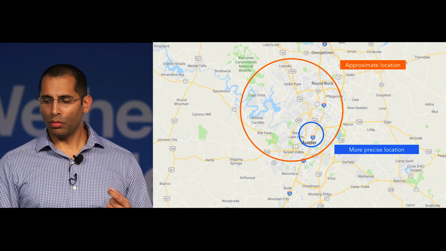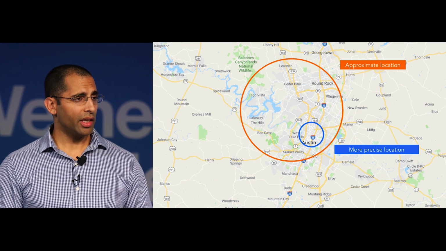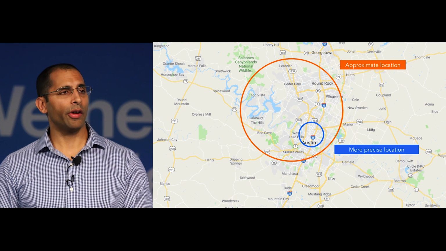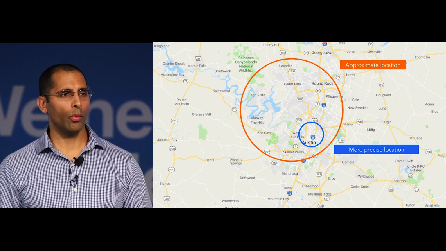If we can narrow it down to a much more precise location, north of the river, south of 183, that's going to be a lot more helpful to you in figuring out whether this is a relevant job for you, whether you have to deal with a ton of traffic getting to and from work. These are trade-offs in the user experience. The approximate location is going to be faster. Those jobs are going to get to the site faster, and they're going to be fresher on the site.